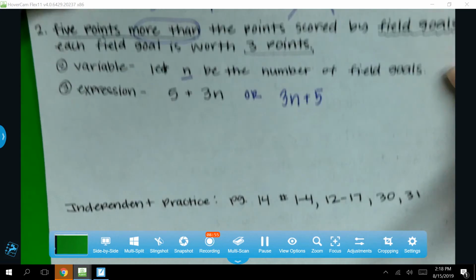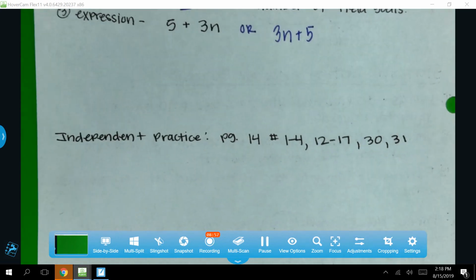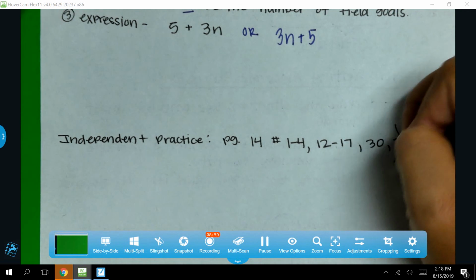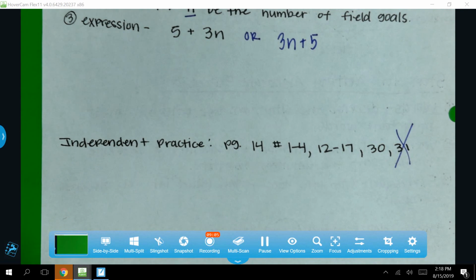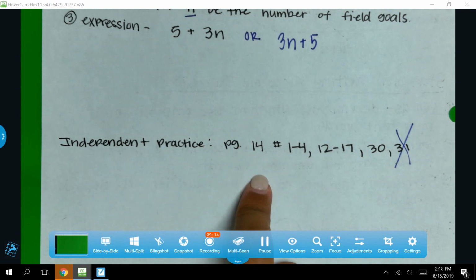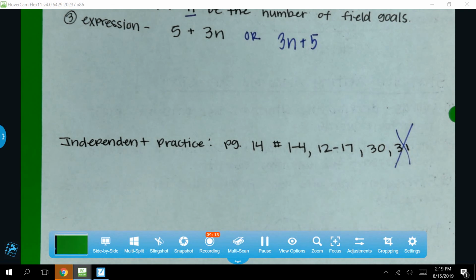I've written some of the work down here at the bottom. I want you all to cross out number 31 because we are not going to do 31. I have a worksheet for you to do first. So I'm going to pass out the worksheet. I want you to do that first, and then once you finish the worksheet, you can go grab a purple book and get started on this. Okay? Yes, sir. No, keep it because